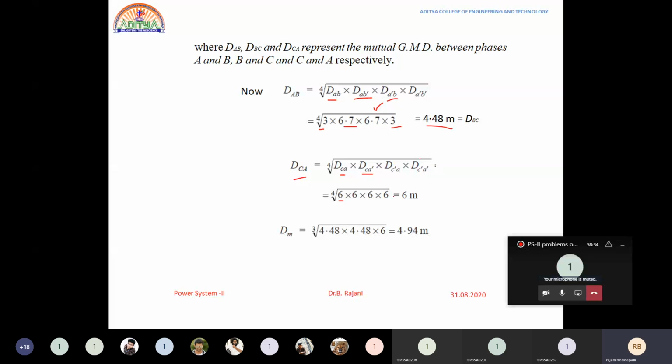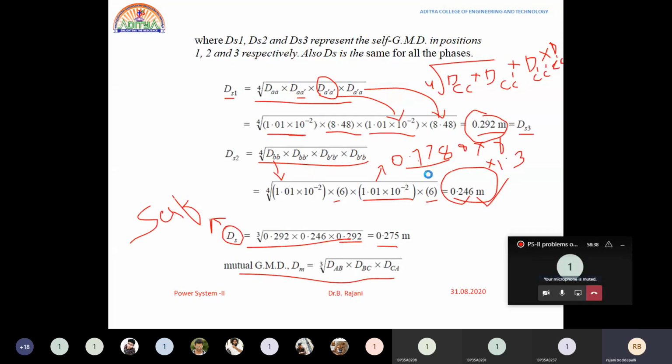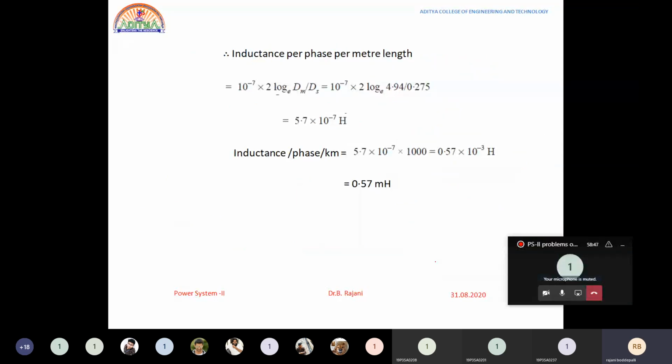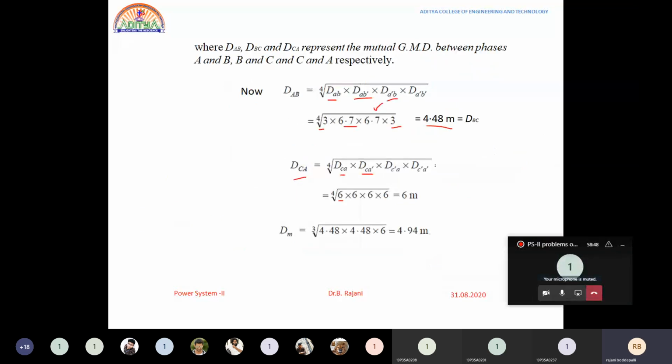Here in the self GMD we are having the C dash A, called the C dash A dash combination. What is the C dash A dash combination? C dash over here, A dash over here. What is the distance of it? 3 plus 3, 6. All are 6 over here. So 6, 6, 6, 6 multiplied, and the fourth root, that is to the power of 1 by 4, will again give 6 meters. In the same way, DAB is equal to DBC. If you substitute these values, you will be getting the mutual